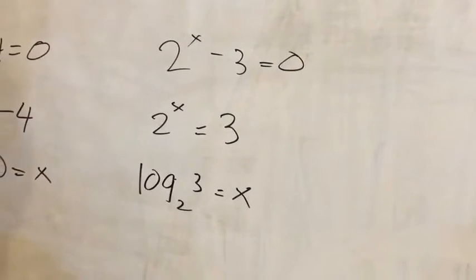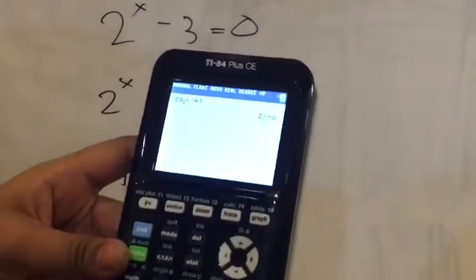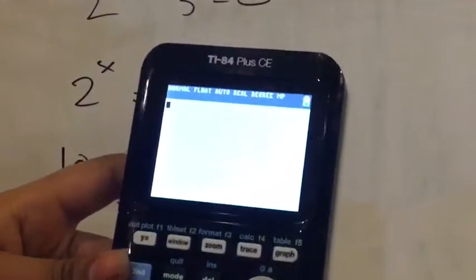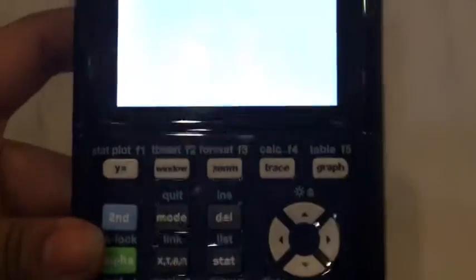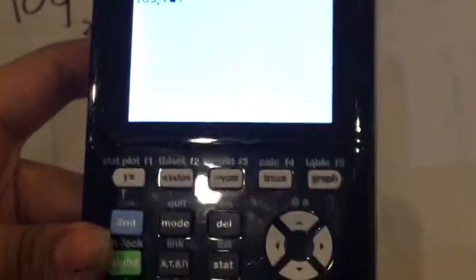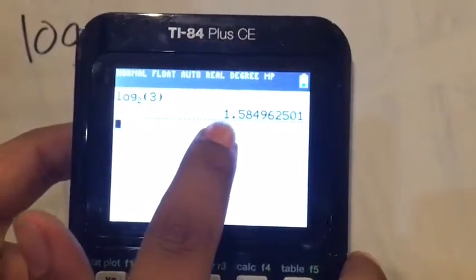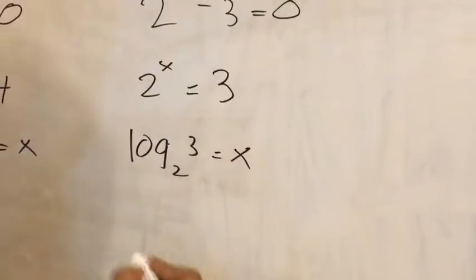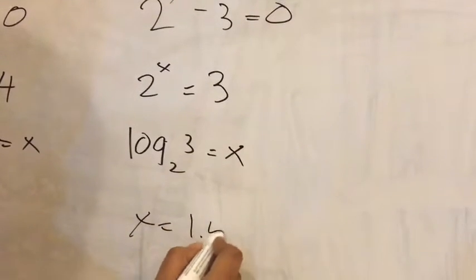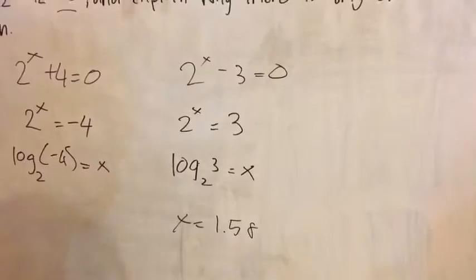And if we put this in our GDC, you can do math alpha a again, and the base is 2 and the value is 3, and we can see that x is around 1.58 because we have to use 3 significant figures. So the exact solution of the equation would be x equals 1.58, and there's only one solution